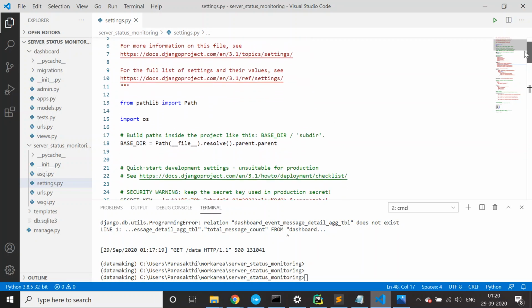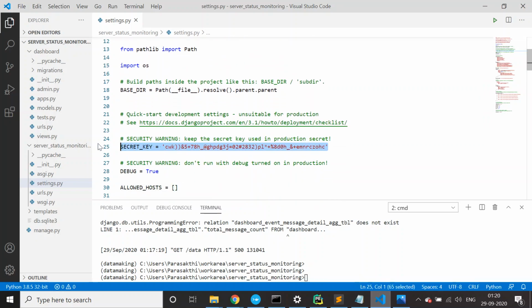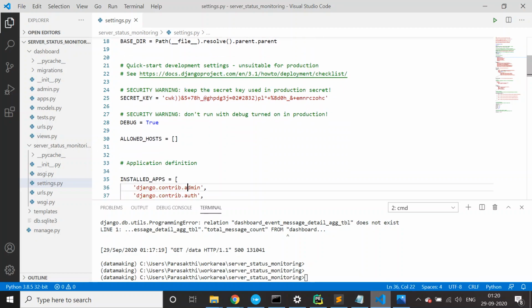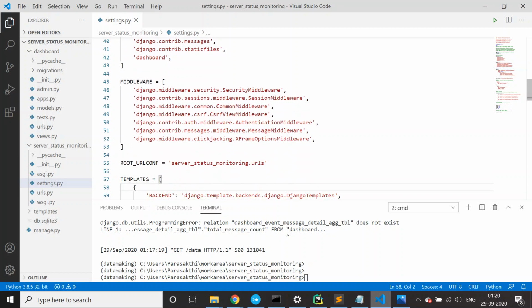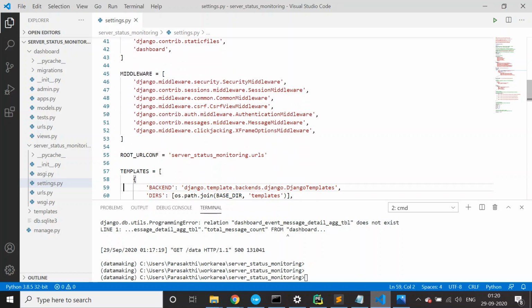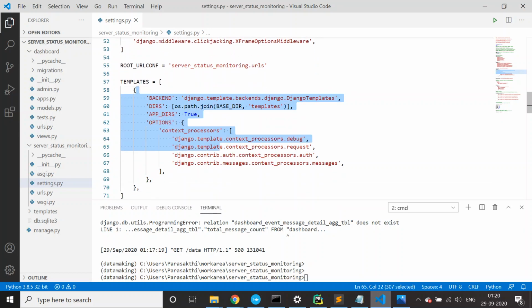Okay, starting off here, path importing is there, and the secret key is there. This is still useful for production development. And if you want to debug your application, you can set the debug property too. If you go to production, you just make this false. These are the installed applications, and you can use some middlewares for security and other purposes, and URLs. You can use templates here. Basically, templates are kind of views where your HTML content will be.